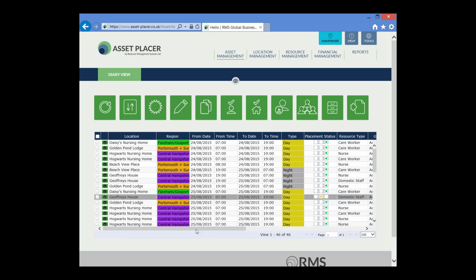Now, maybe that's because they were able to fulfill the placement elsewhere, perhaps through asking their own internal resource to cancel their holidays, or perhaps an alternative temporary staff agency were able to supply staff at a lower cost, or perhaps the